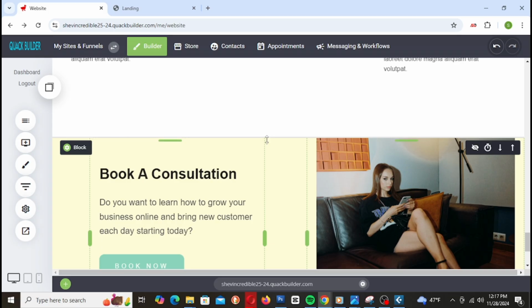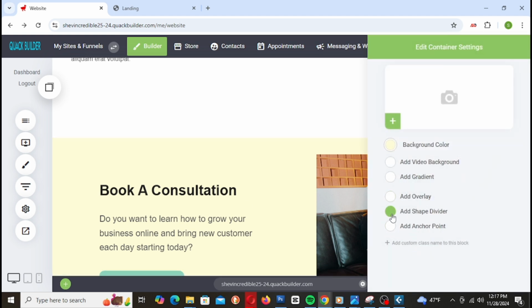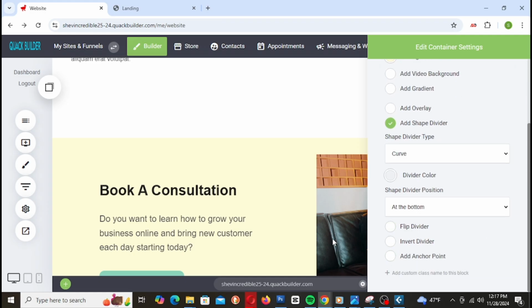So the next thing we're going to do is pull this down some like that, and we're going to give it a kind of design, like a shape divider. But we're going to put it on top instead of bottom. We're going to put it on the top, and as you can see, it's right there. Then we're just going to flip it. Let me see. No. All right, so we're just going to find a nice design for it, and